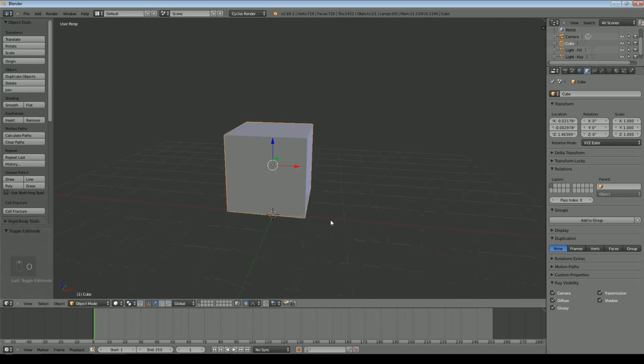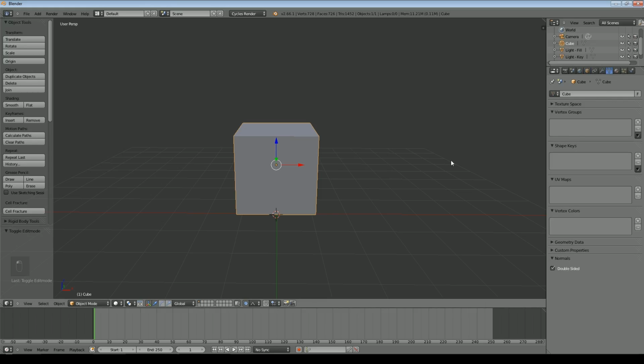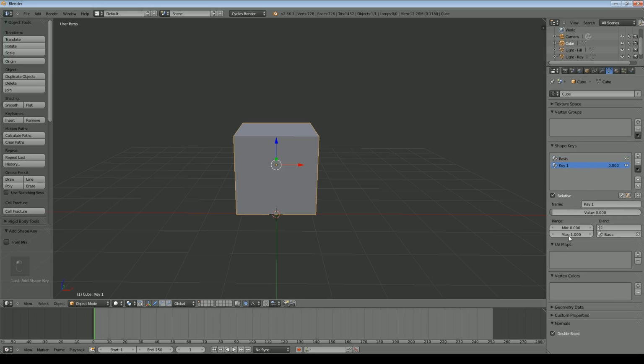Now I can animate this cube in all sorts of different ways, but very often, particularly if you're doing a shape and things like that, you might want to have specific deformations which you can call on or vary in their degree. So what we can do is come over to vertices and add shape keys, but before you add any, you need to add the basis. So in other words, the default position from which all the deformations occur. So we go into the shape and we press plus, and that gives our basis, so that's where we're starting from. Then we click plus again and we've got the first shape key.